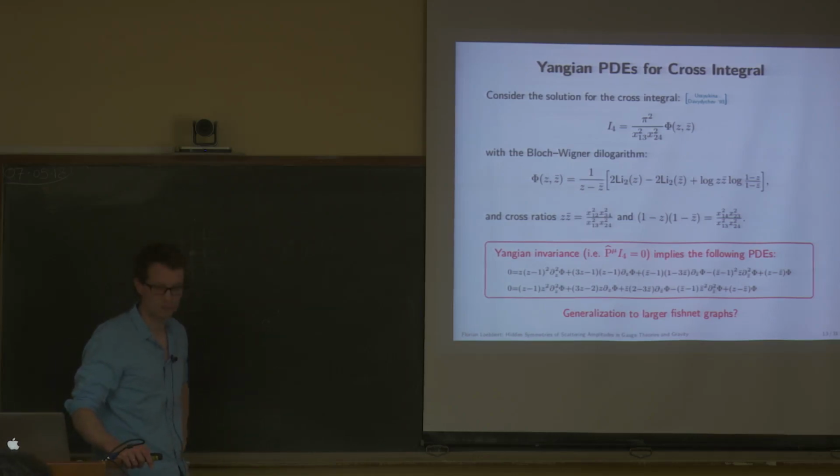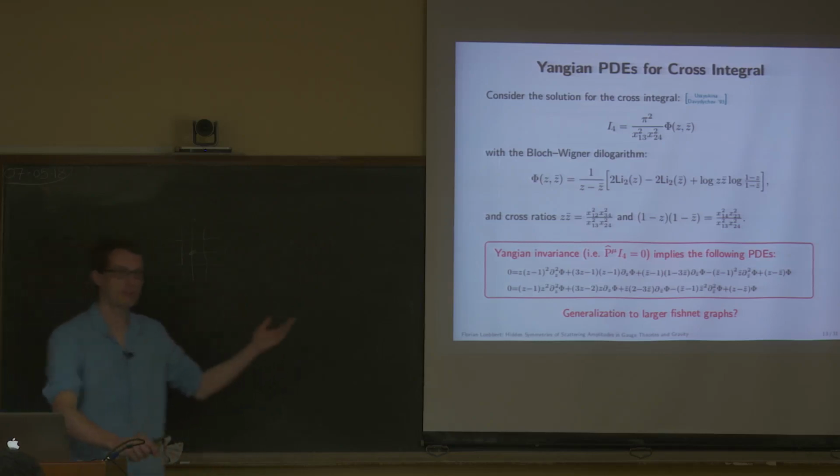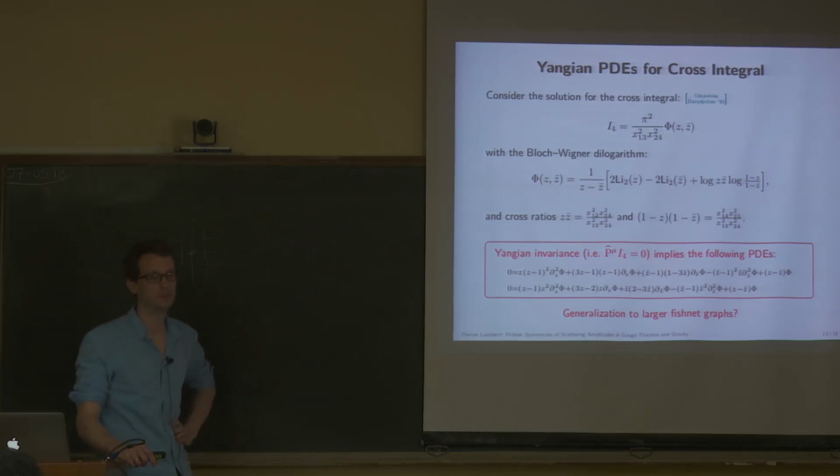And the fact that your Yangian invariance is, you get a non-trivial PDE, because you have not directly shown that there is a dual conformal invariance, or you have not tried to write things in a nice way. By introducing z and z bar, we solve the conformal symmetry, but not the dual conformal symmetry or the Yangian symmetry. Yes. Right. Exactly. And yeah, I think an important thing is that this Yangian symmetry now formulates both of the